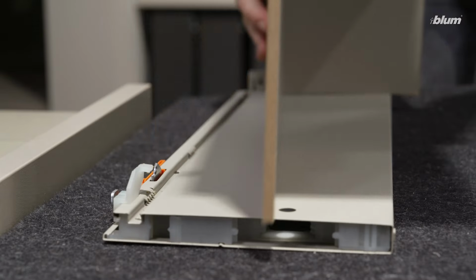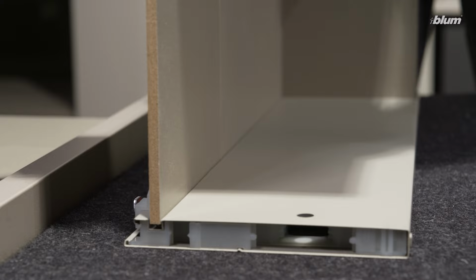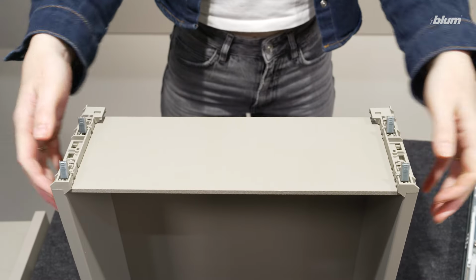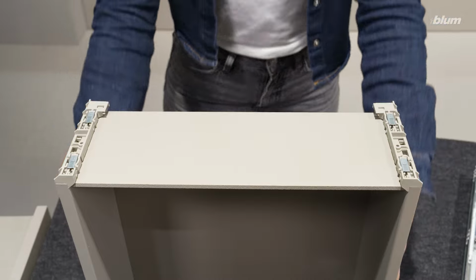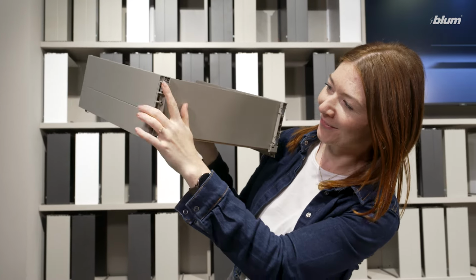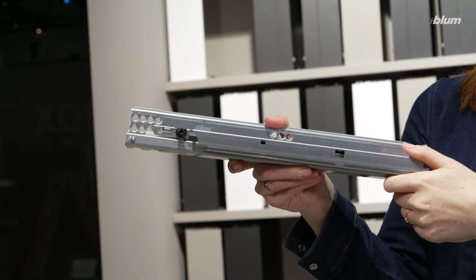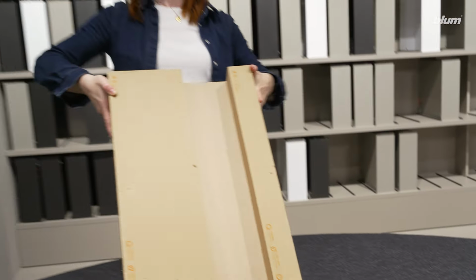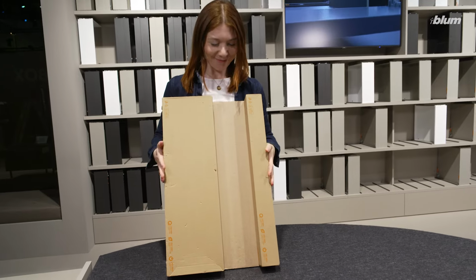True to the tagline, fold, push, done. All you have to do is push the folding base into the drawer sides and secure it without tools. Then connect the cabinet profiles, which can be used for both PLICOBOX metal drawer sides and for wooden drawers, which is another new feature. All the components come in flat pack packaging, which is also space-saving and helps to optimize